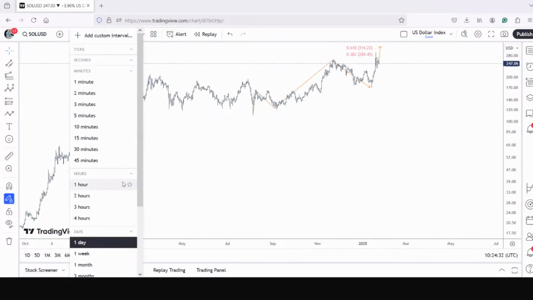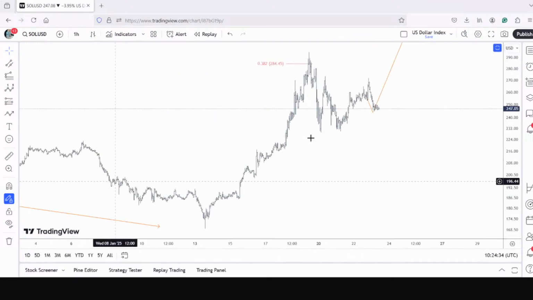Solana is in a different territory altogether. Exactly the path which we laid in the last session. A bit lower from here, that could be wave E. Now the risk reward ratio is better. 247